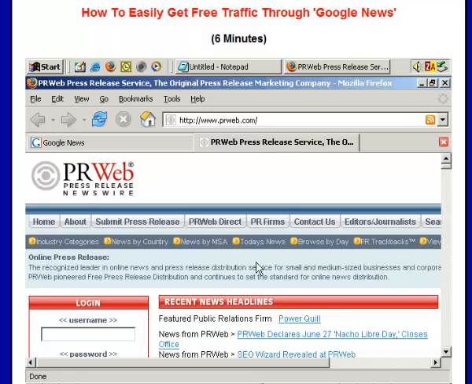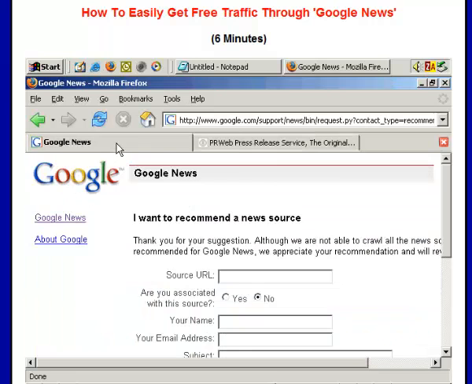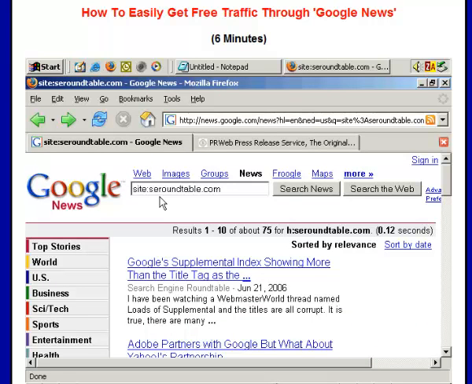And you may possibly get some publicity by submitting a press release here. And you may get some people who see your press release and then visit your site. But another benefit is if you go back to Google News. Okay, if we use the site command again, but this time search for all pages within Google News that are from prweb.com,